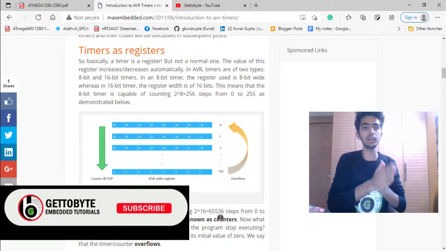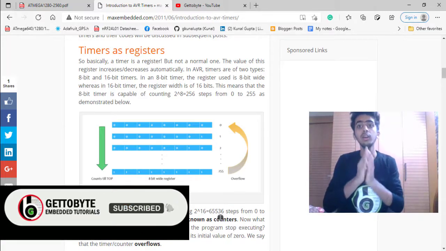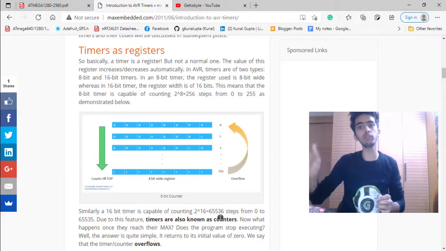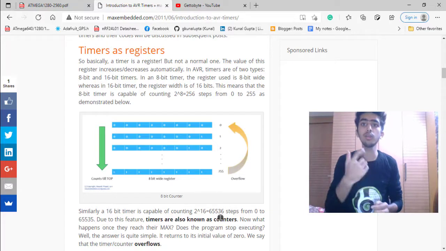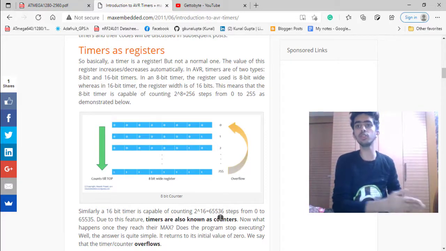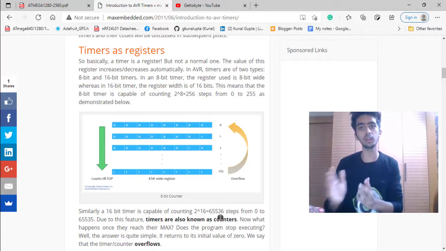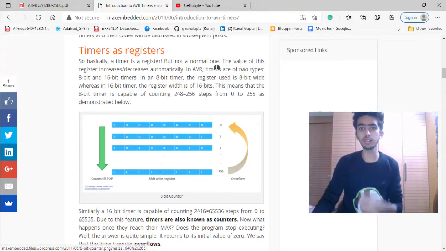Meanwhile, while it is incrementing, our CPU is not doing the incrementing; the timer does it. It's like a time pause, like a person counting numbers from 0 to a value. So we can use this as a pause or for generating signals, like a person counts from 0 to 256, then does something, then again counts from 0 to 256. Like this the person gets synchronized to equal time intervals. The same is the purpose of timers.